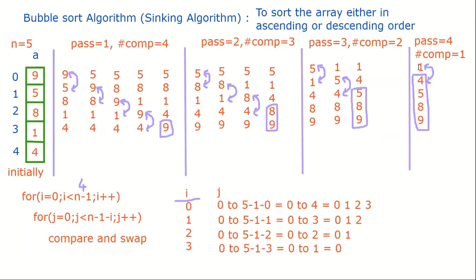So one is comparing the first element, or we say the comparison A of 0 and A of 0 plus 1. A of j and A of j plus 1, that's the comparison. See here we say 0 and 0 plus 1. Similarly, when you come to 3, A of 3 and A of 3 plus 1. So it is the j loop which is controlling the array elements which are compared. i controls the number of passes. So let's check out how the algorithm executes with coding.